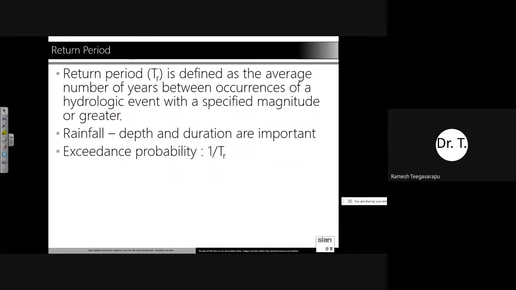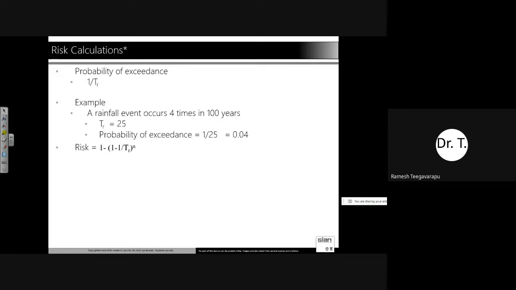So that again brings us to the point of what we call the return period, how often an event occurs. Again, the return period is a very sensitive element of design because each type of structure requires a specific return period, and that gives us what we call the exceedance probability. In case of rainfall, both depth and duration are important. So if we know the return period, just a simple example calculation, you can actually calculate the risk, and then